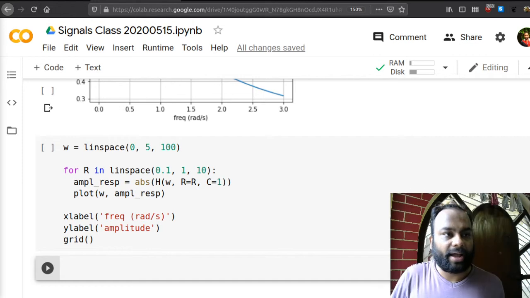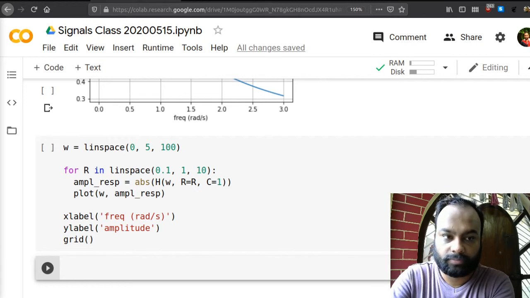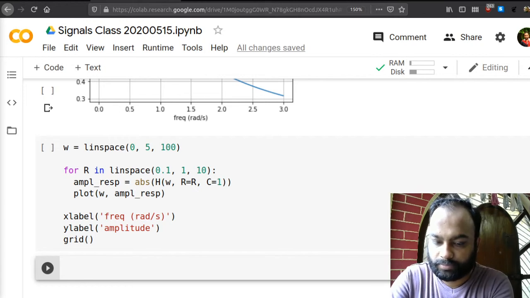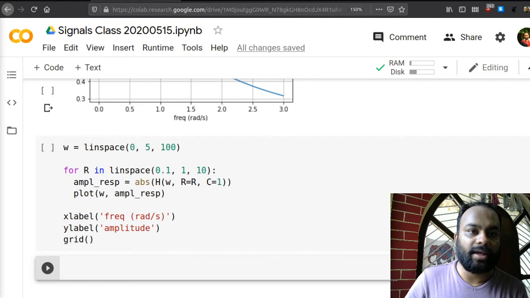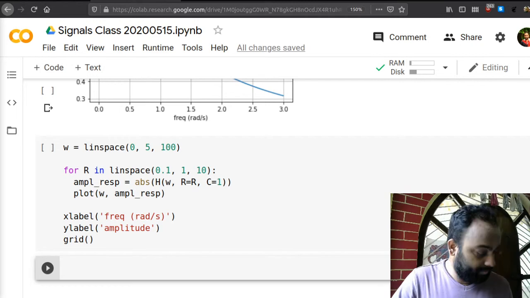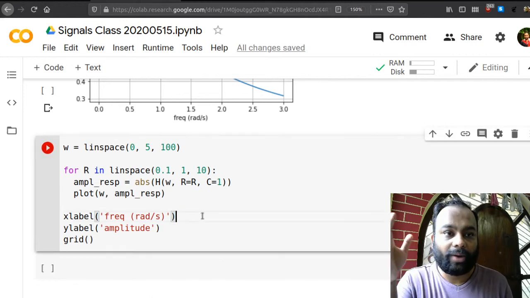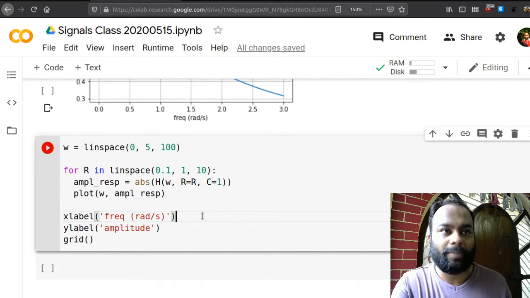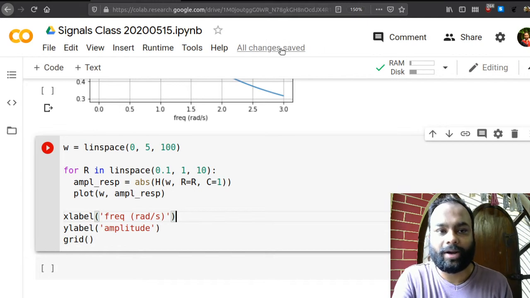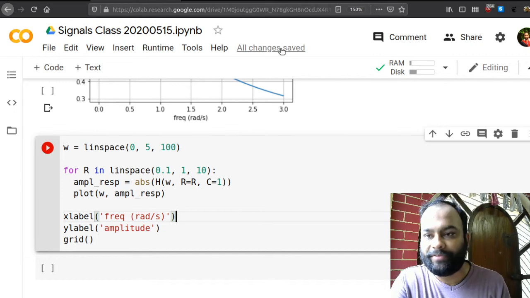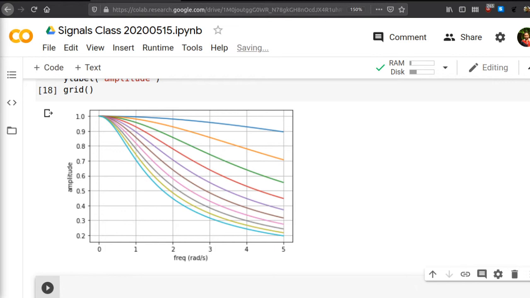So I think we are back. Right, I think we are back. All right. So again, that's the beauty of this Google Colab environment. What happens is, if the internet connection abruptly breaks or something like that happens, all changes are saved. So essentially you have everything saved, just like a Google Doc, right? But there is a red symbol here which says